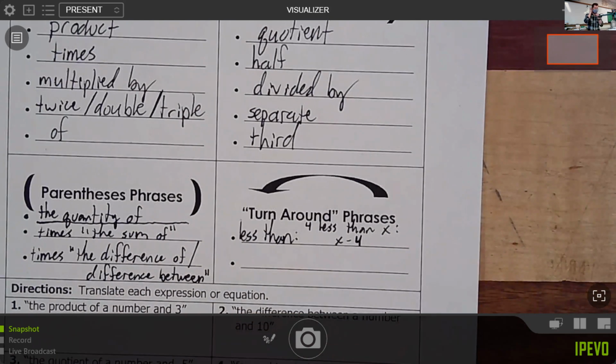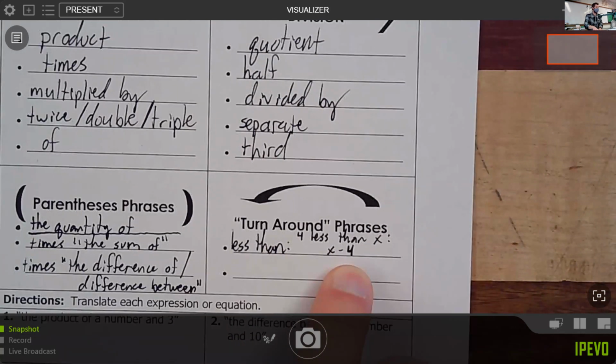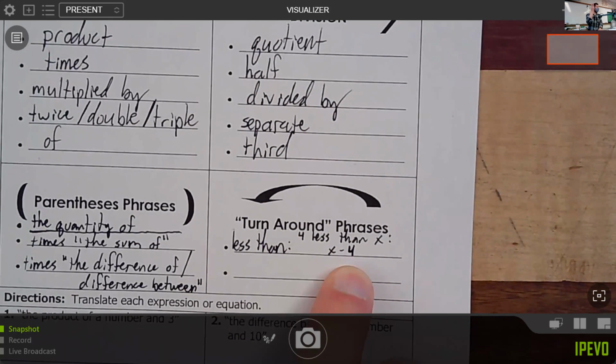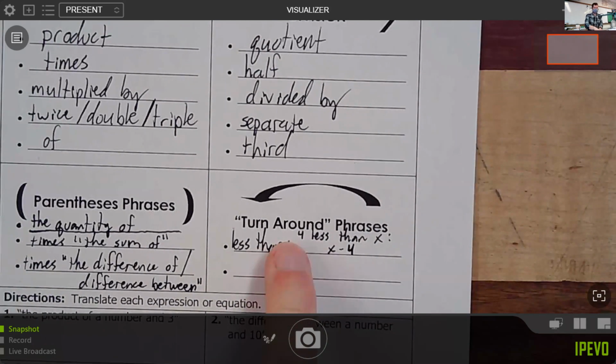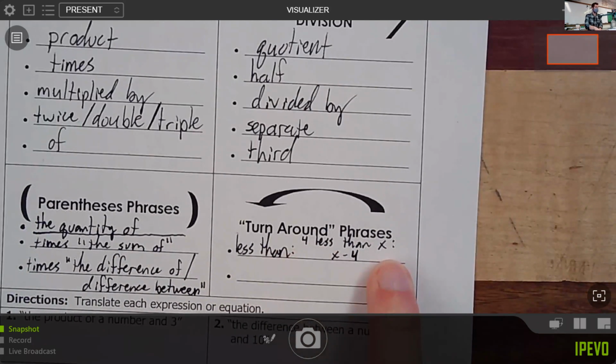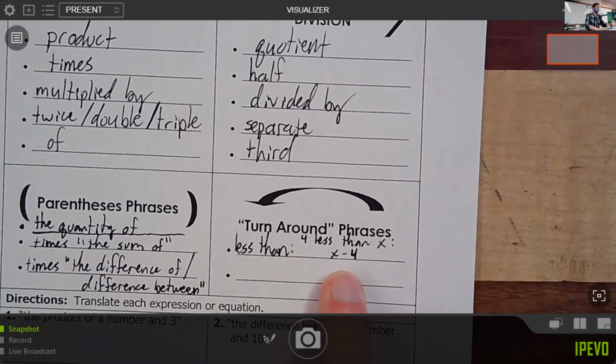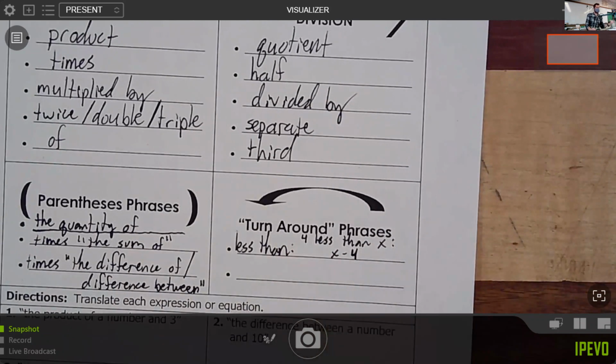Let me ask you this. Does the order of the words match the order of the expression? No, they're turned around, right? In the phrase, the number was first and then x was second, but then in the expression, x was first followed by the minus 4. That's what a turnaround phrase means. If you see the words less than, whatever number was written first is going to happen second